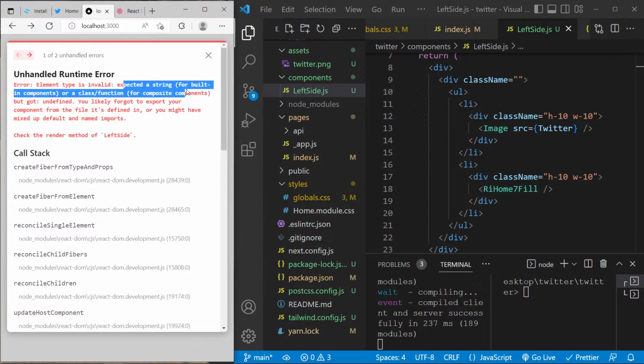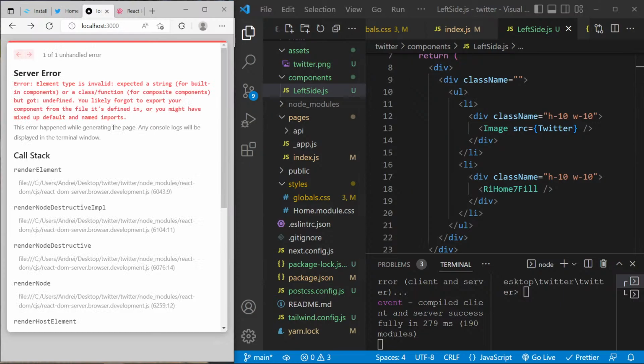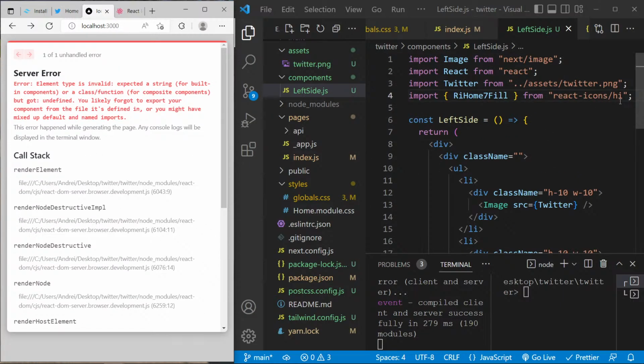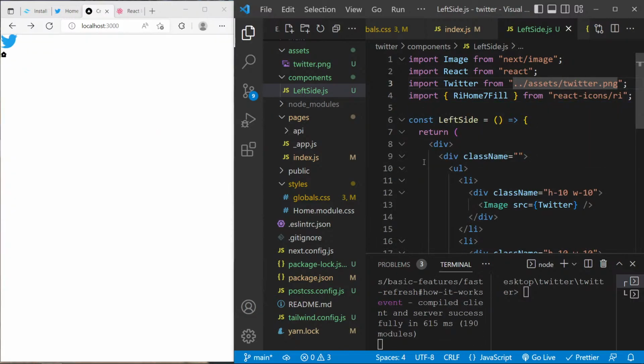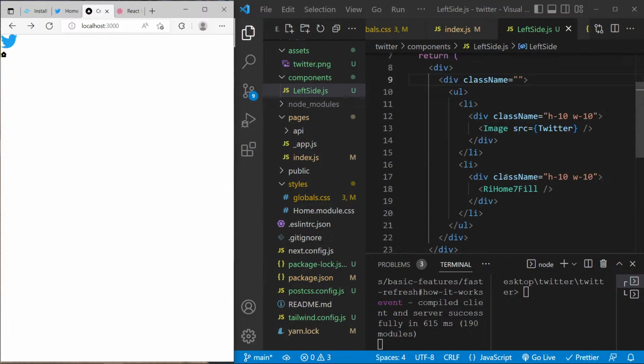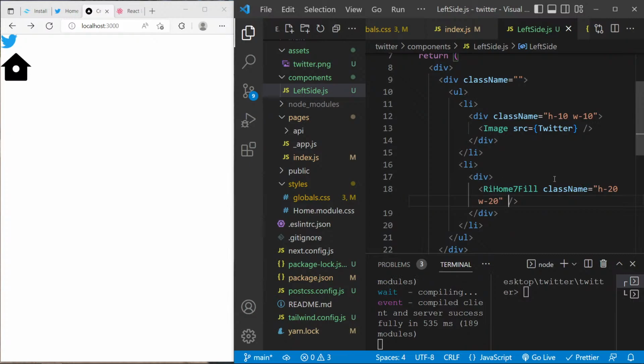Element type is invalid, expected string, undefined. Okay. Let's refresh. From RI, that's why we get this error. Save, and we have the image. I'm gonna say maybe a 20, a width and the height of 20. Let's save this, and this class name we're gonna have to put it inside this component. So 20 is too much, I'm gonna say maybe 12